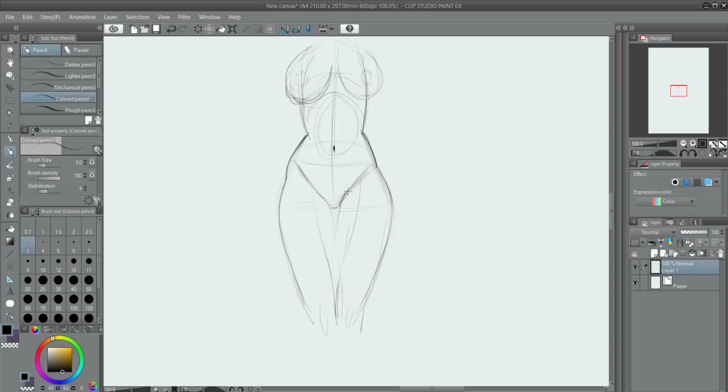Right, then you have the fat part of the thigh that comes out right here. And this, even if it's a thinner person, they still have this little bit of fat right here that comes like that. And then the serratus muscle comes down like this. And that creates this gap right here.